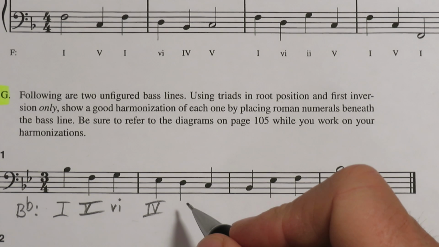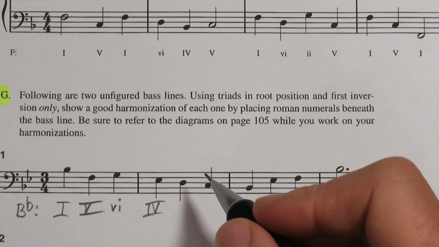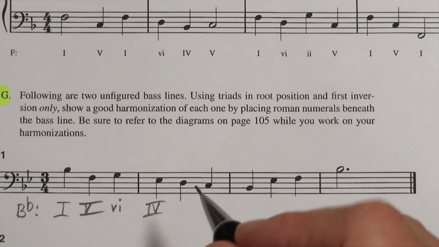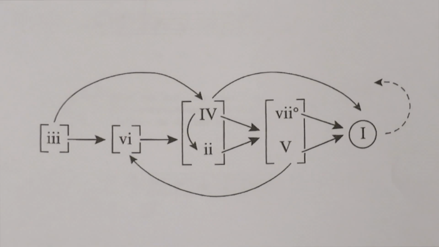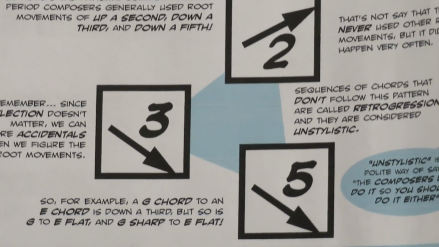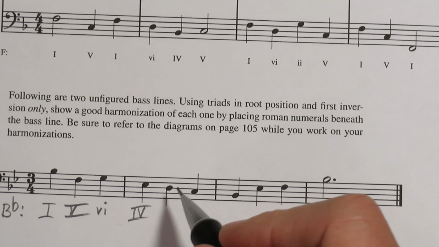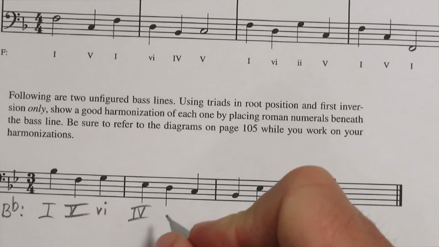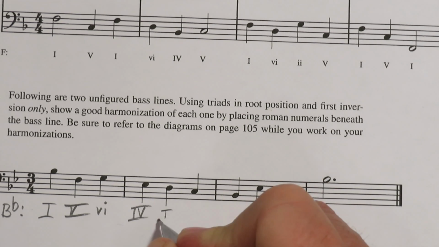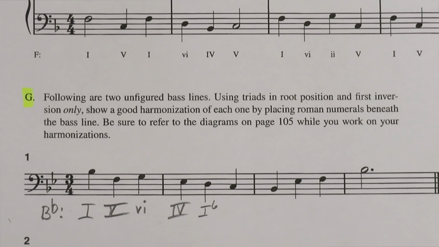And then 4, it shouldn't be going to the 3, that's like a retrogression. And it doesn't indicate that here or here, right? So what if we made it a 1-6, right? A B flat over D. 4 can go to 1, right? Any chord can go to 1. Okay, so